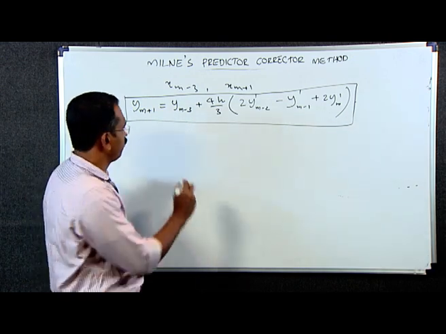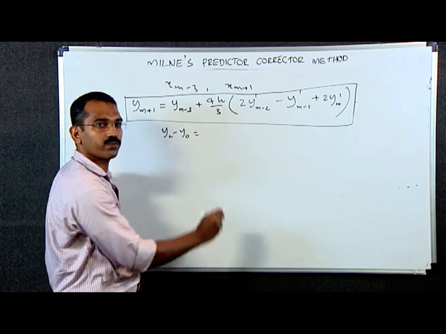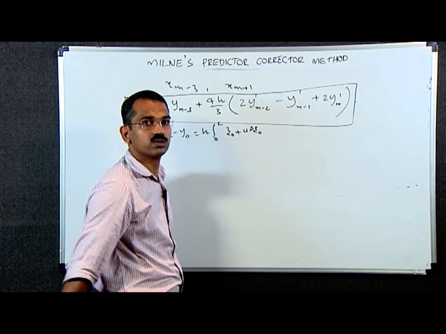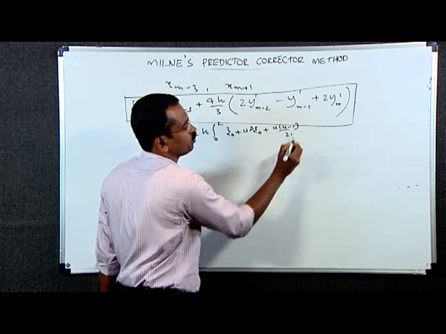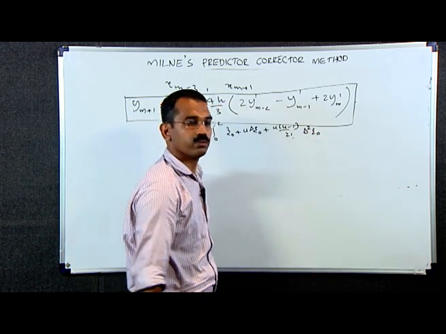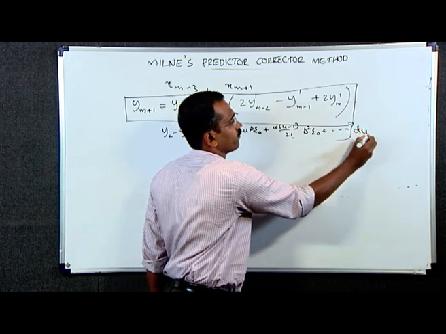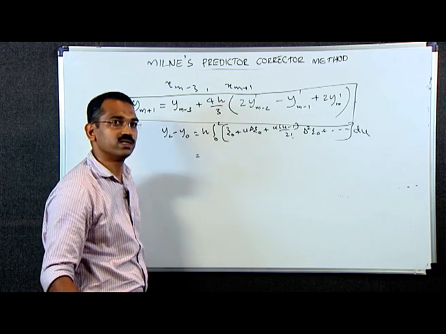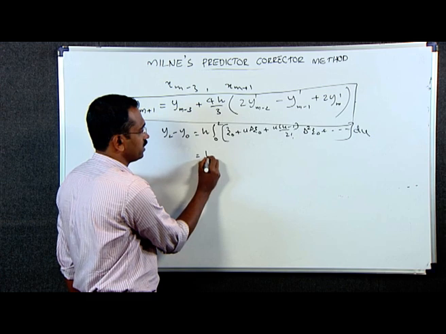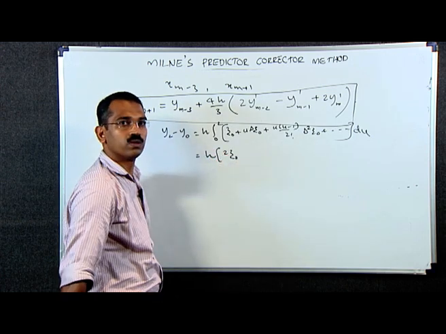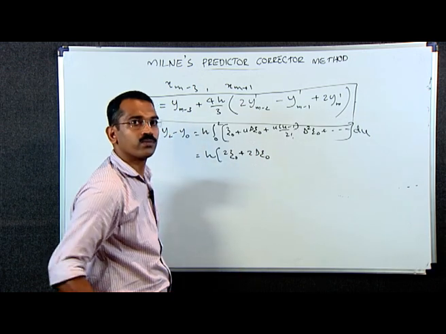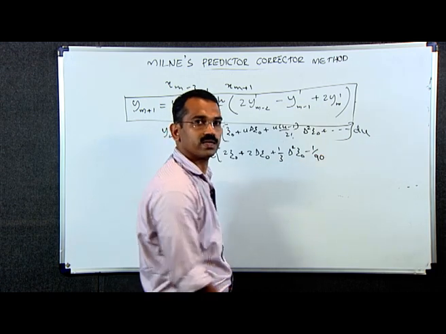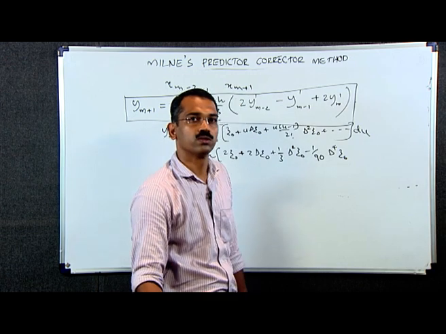Proceeding as before, we have y 2 minus y naught is equal to h into integral from 0 to 2 of z naught plus u into delta z naught plus u into u minus 1 divided by 2 factorial into delta square z naught plus etc. du, which is equal to, after all the integrations, h into 2 z naught plus 2 into delta z naught plus 1 by 3 delta square z naught minus 1 by 90 delta raised to 4 z naught plus etc.,